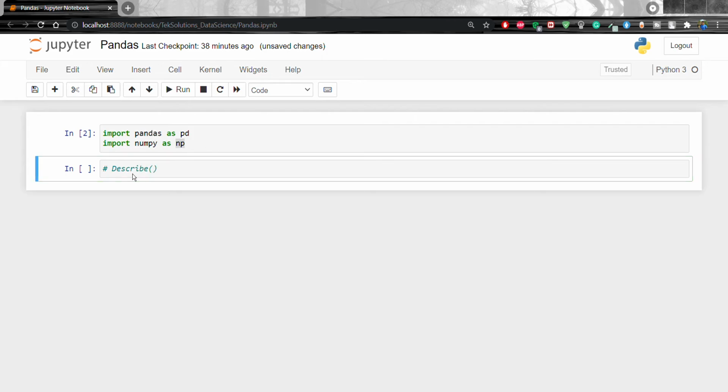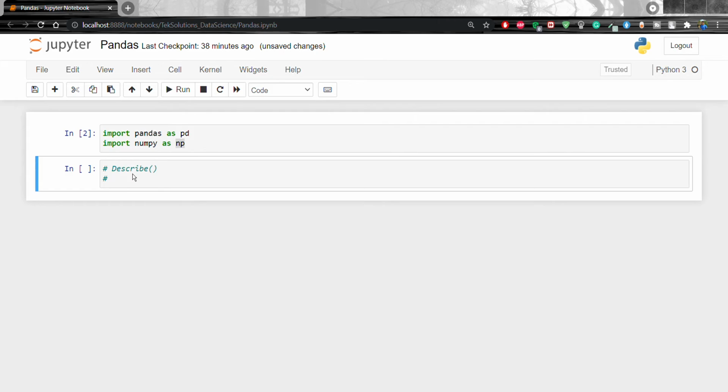The describe method is used for calculating statistical data like percentile, mean and standard deviation of the numerical values of a series or data frame.